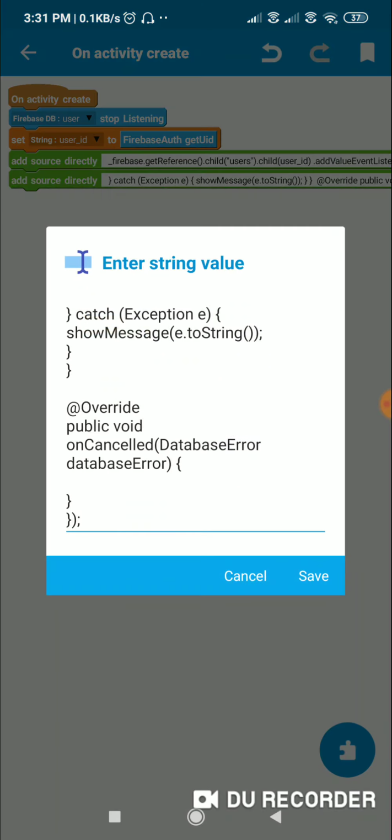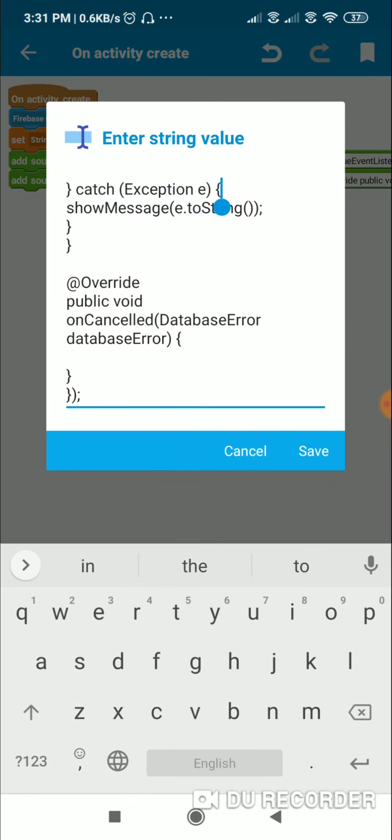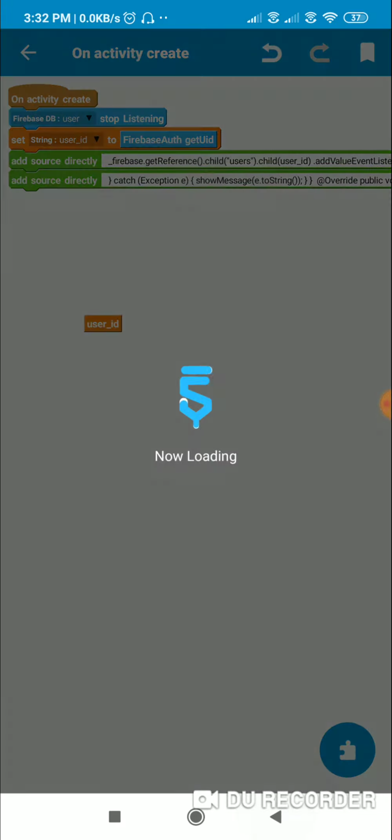Okay, and then we close this try block and put a catch exception. If there is an exception we show it as a message, and there is one more method, onCancelled, where I do nothing. Okay, so that's all that is required for getting the username.